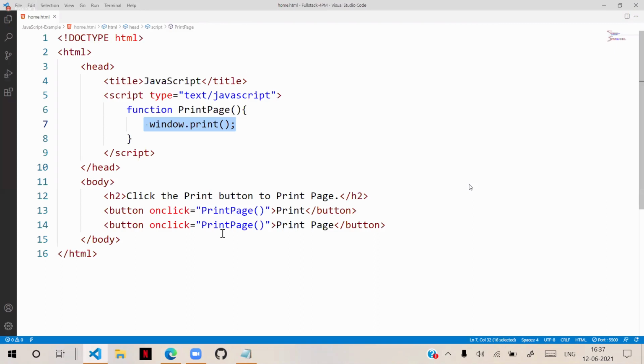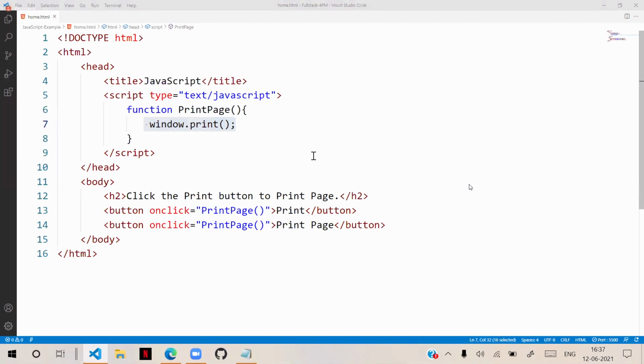Currently, I told you to concentrate on the concept of the inline technique and the embedded technique.